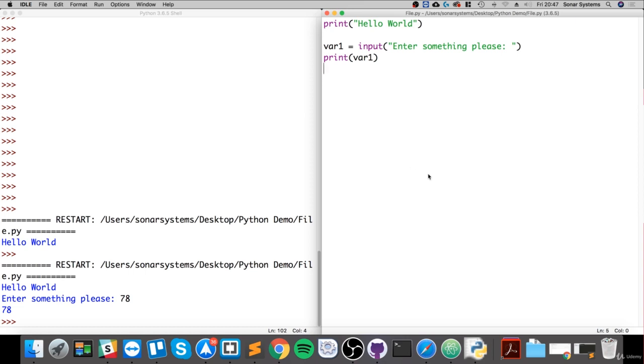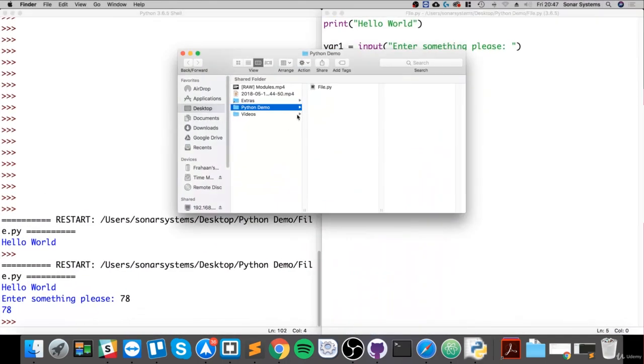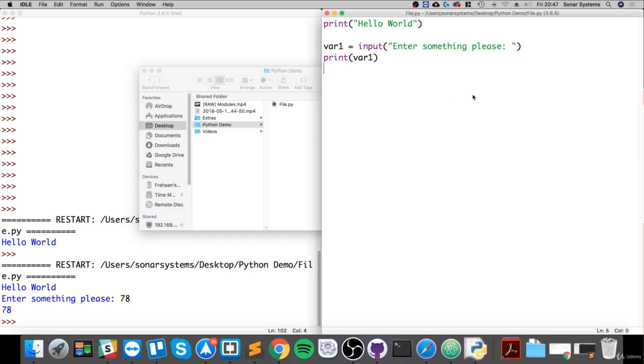But obviously, let's go a little further and have a look at opening files, closing files, that sort of stuff. Because at the end of the day, without being able to access external files, we're going to be pretty heavily limited. So I want to show you my project directory. It's just a Python file. So what you can do is initiate a command called open, and the open command will open a file. So we're going to assign the content of the file to a variable. So I'm going to say var2 equals open is the command. You specify the file you're opening. So I'm going to say file.txt,